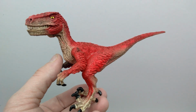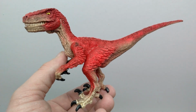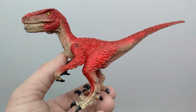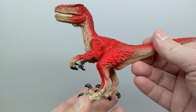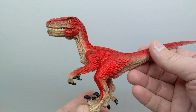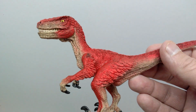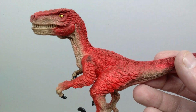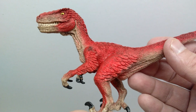We really only need to take a look at what is different with this figure, and then, of course, the Brachiosaurus in comparison to the initial releases. And that, of course, would be the paint application, and I will say I like this one so much more than the original version as far as the paint apps go, because I love the reddish tones of color on this. It's really vibrant, really appealing to the eye here in hand,